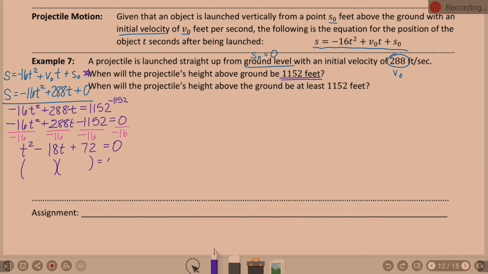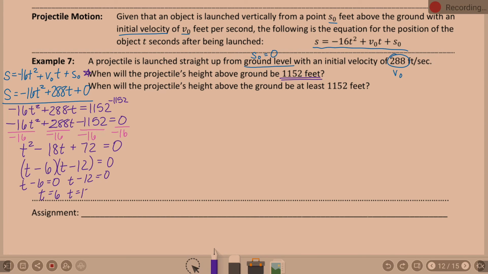T squared is t and t. Can you come up with the numbers that quickly? What multiplies to be 72 and adds to be negative 18? Negative 6, negative 12. Yes, Stetson. I'll be honest, I had it wrong in my brain, so that's why I was pausing. Okay. You set these equal to 0. And we come up with solutions of, now,